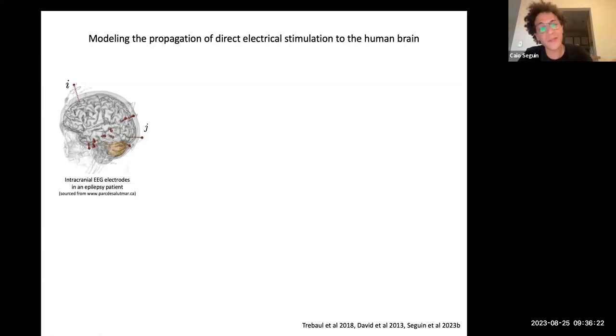Each electrode along the length of this needle can both electrically stimulate and record electrical activity at millisecond resolution. These are patients with epilepsy, and this procedure is done as a preparation for resective surgery. So they are patients that have drug-resistant epilepsy, and the idea is you insert these electrodes and you stimulate different brain regions with the goal of finding the source of the epileptic seizures in the brain. But kind of piggybacking on this clinical procedure, all this data was collected.